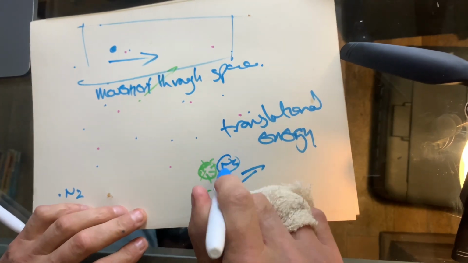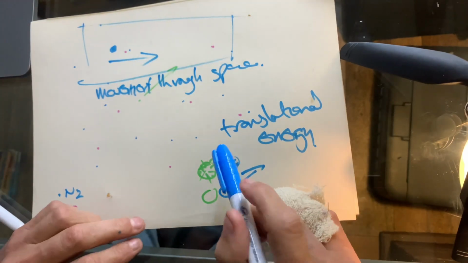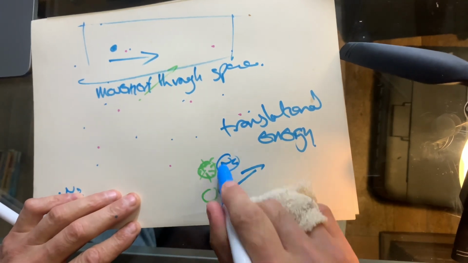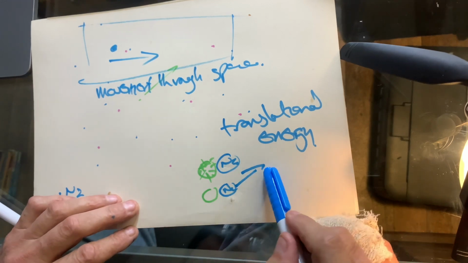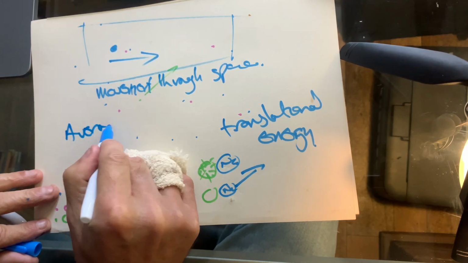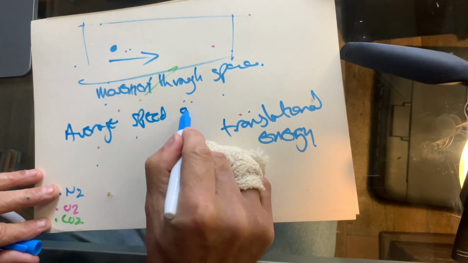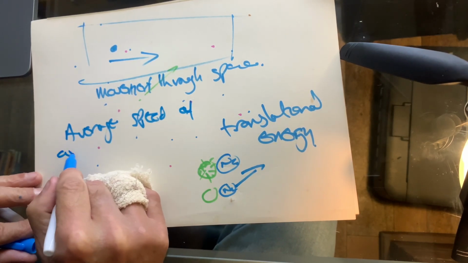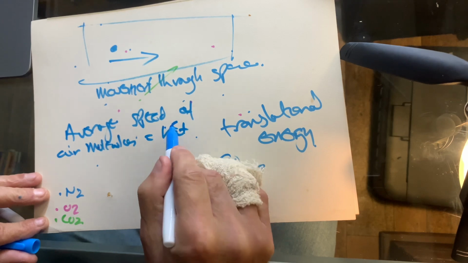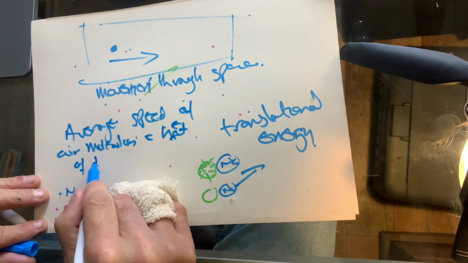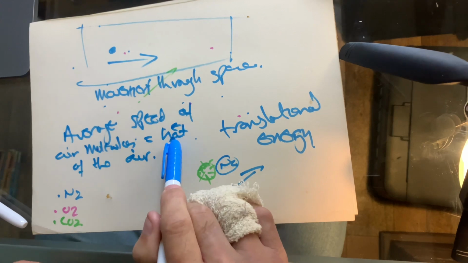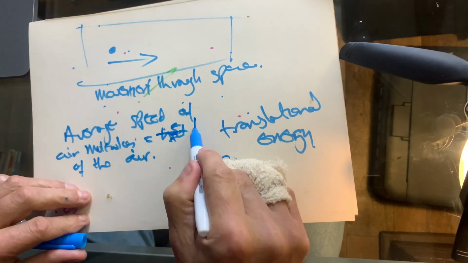But in these natural collisions that are happening all the time as these things are flying around bouncing off each other, it's periodically giving up some of its vibrational energy and turning it into translational energy, which means that the molecule it bounces into now travels faster through space, and the average speed of the air molecules equals the heat of the air,